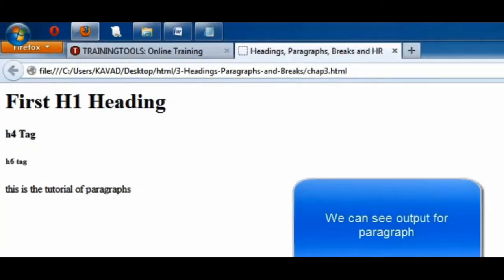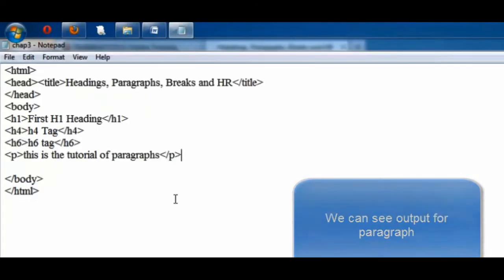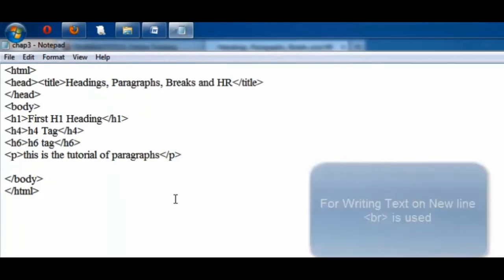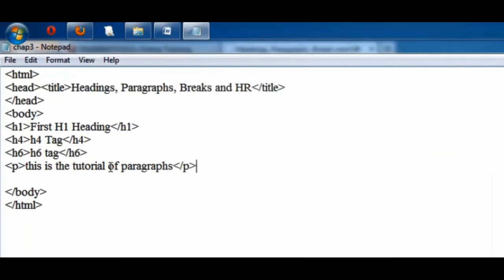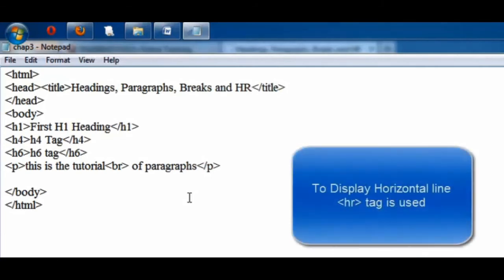Every time, children, when I am writing any syntax, I am saving and again refreshing. Because I am doing it on the same web page, I open the web page and press the refresh button, that is F5. Now let me add the break tag in between. I told you the break tag is used to bring the text after the BR to the next line. So you see, Control S, save it, and I will add one horizontal ruler also. This is to draw a line across the web page.